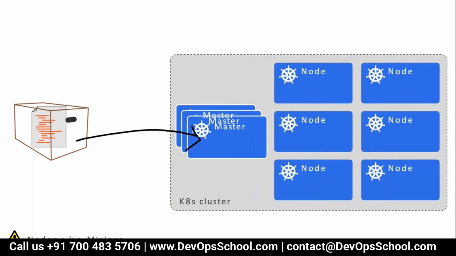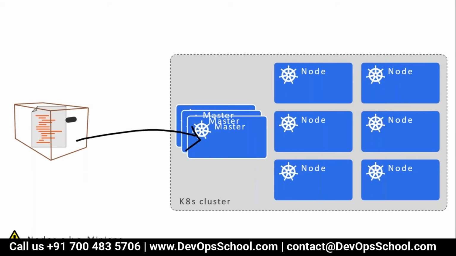Whole cluster is down, whole application is down. So because of that reason, we have a multi-master cluster, minimum starting with 3, 5, 7. I have hardly seen 7. 3 is the most. So if one is down, the second automatically acts like a master, or the third will automatically act like a master. In the cluster, you need only one master to manage all the nodes, but you may have multiple masters to make it HA, high availability of the cluster.